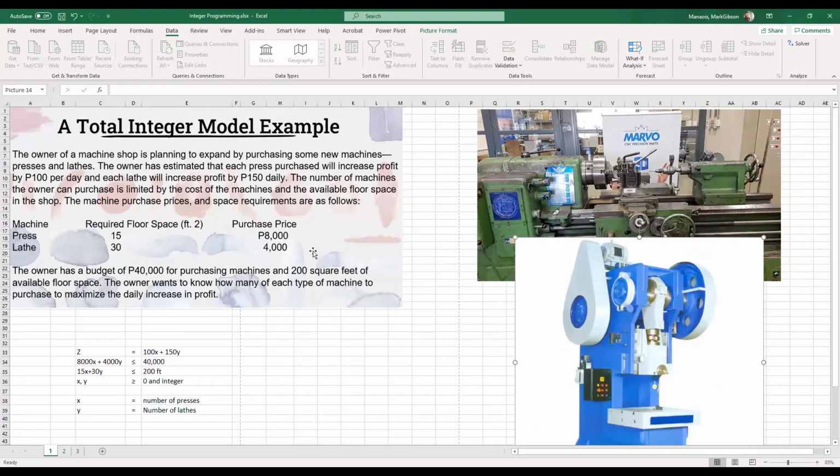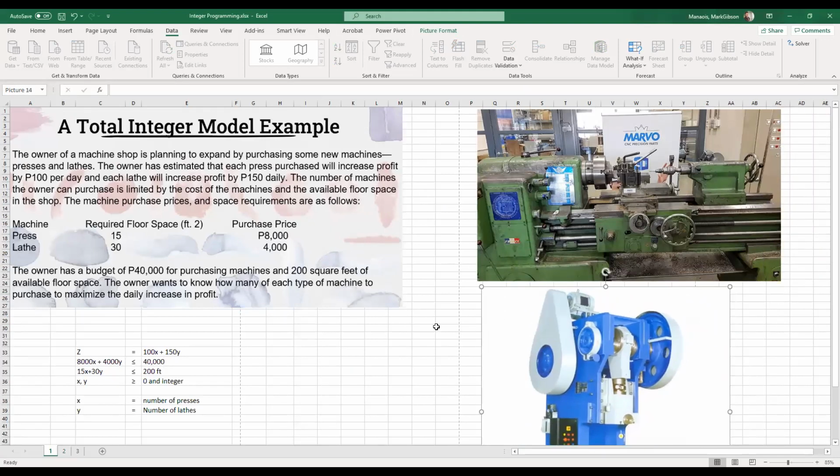So basically the problem would like us to determine the profit, to maximize the profit, but with the additional purchase of machines, press and lathe. Again, in linear programming, we have already discussed this. So we express the profit as Z. So Z is equal to